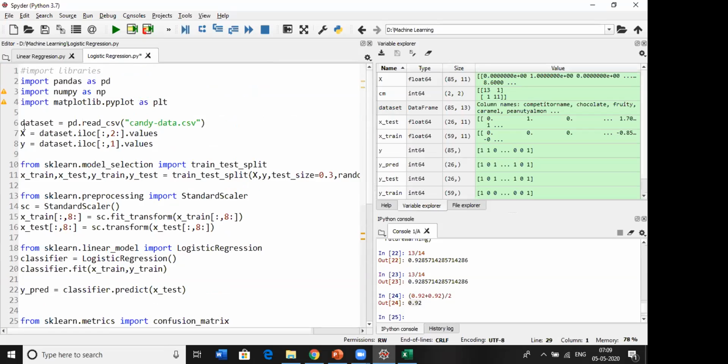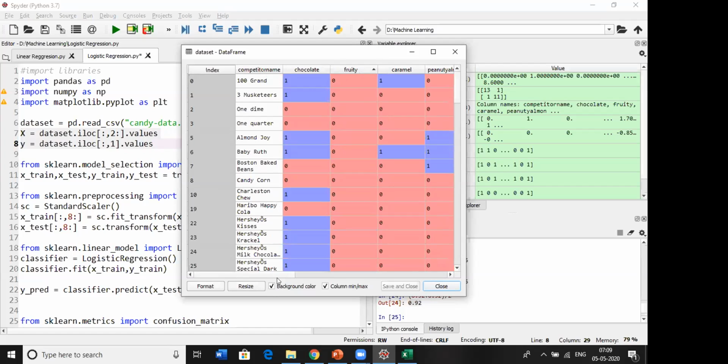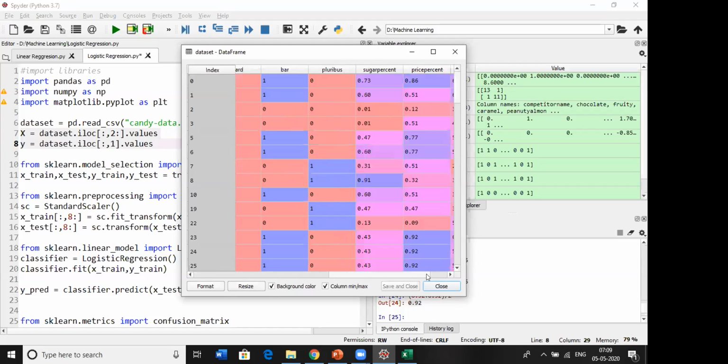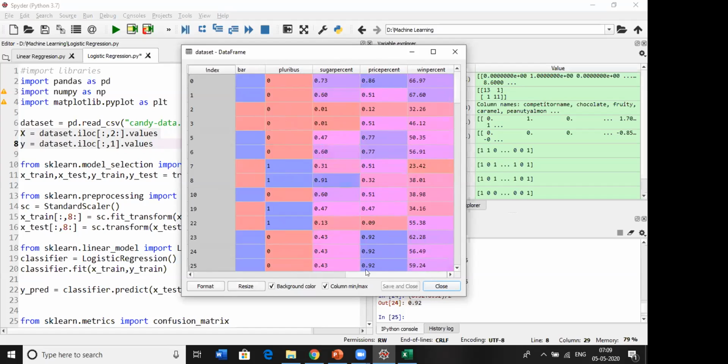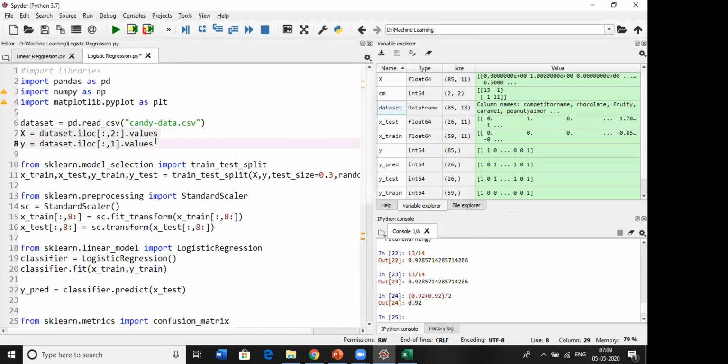So let's see this. We got the dependent and independent variables. I used from this column to all till the end as the independent variables, and this chocolate column is our dependent variable. So I got this x and y.